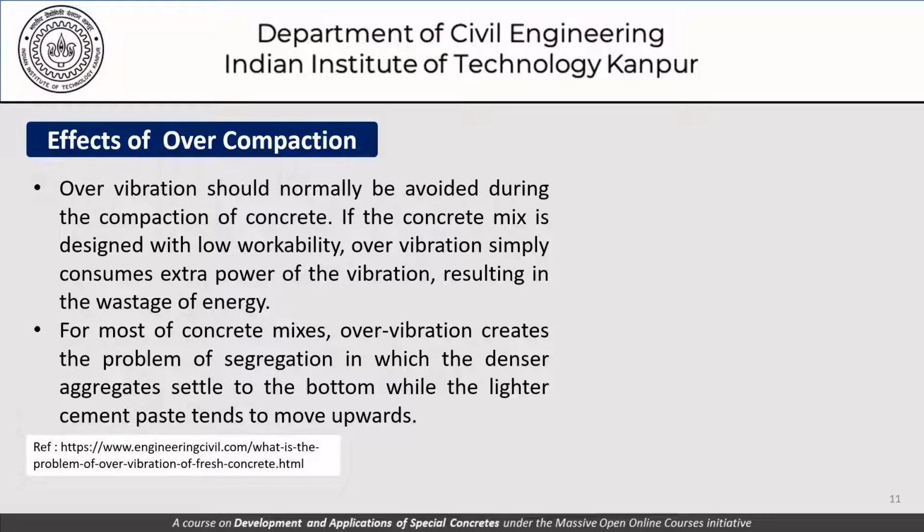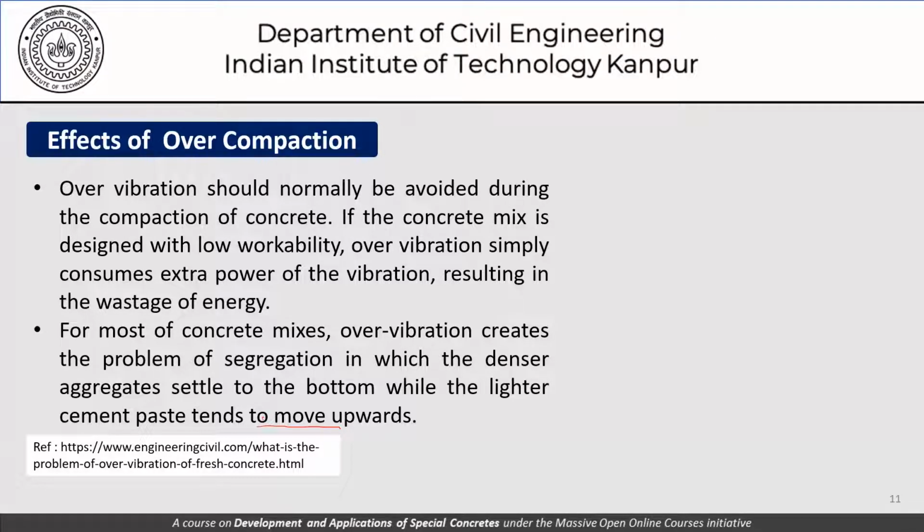So it's not the cement paste moving upwards really, but the cement paste being lighter facilitates the movement of the coarser aggregates, which are heavier, in settling down. So the settlement of the heavier coarse aggregate effectively appears as the movement of cement paste upwards. In any case, that leads to segregation, and that is what segregation actually is, and that could be the result